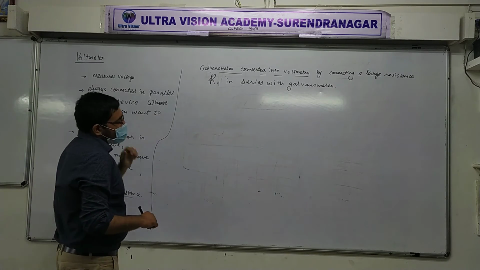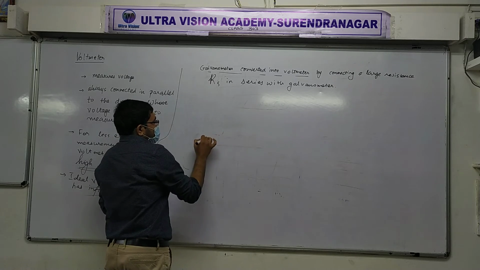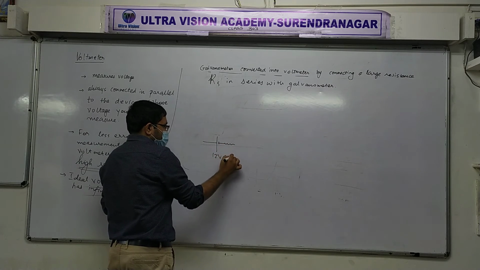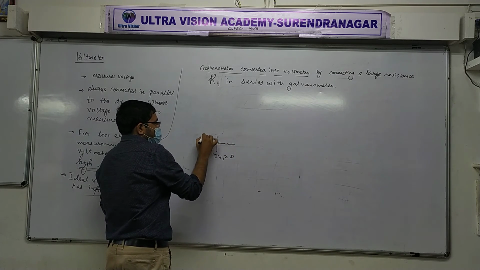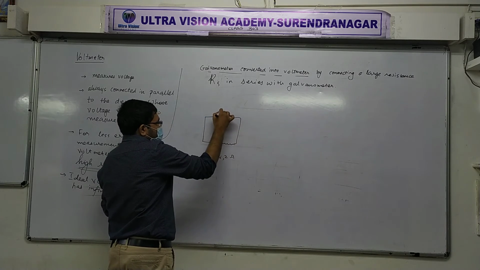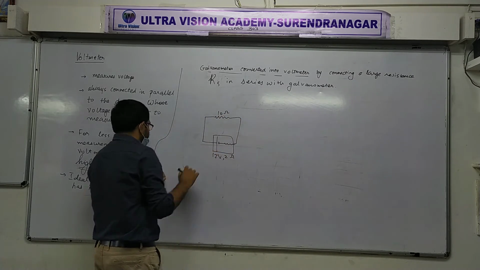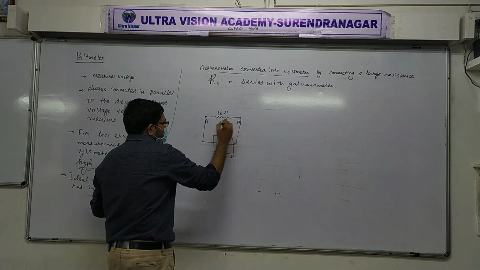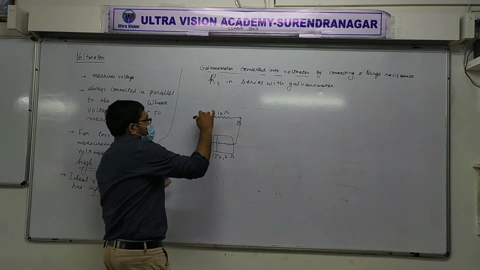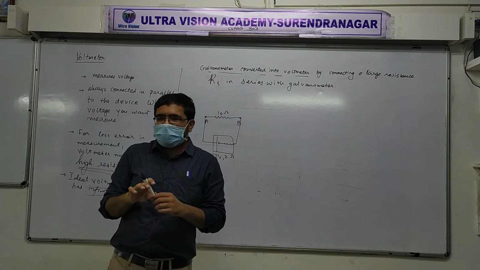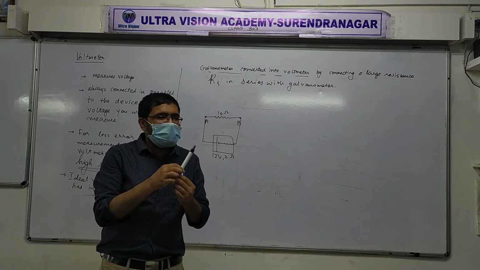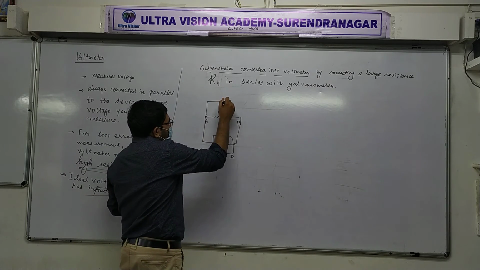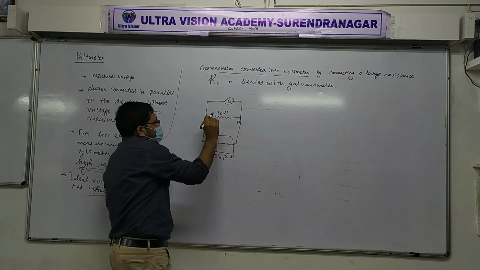How is this going to work out? Suppose this is the same circuit that we were talking about earlier. You remember this? And we want to measure the voltage between A and B. Same problem. What is a galvanometer? It is a device where, if current flows, the needle will move. If you connect just a galvanometer like this,